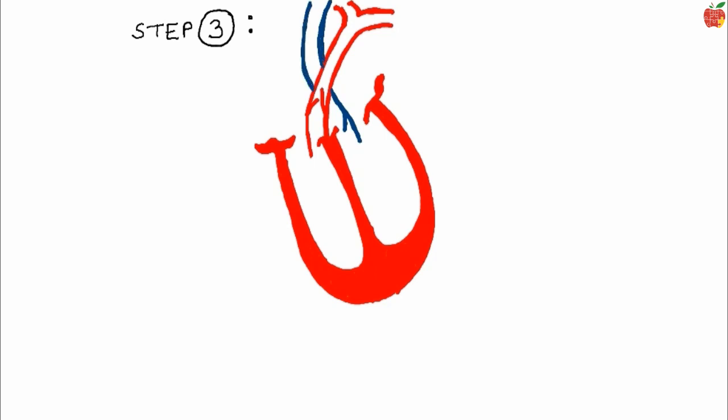Time to fill the middle spaces that we left. Step 4. Now on the right, draw a curve like how it's being done in the video. And these two curves on the opposite sides. Yeah, you're doing it right. Step 5. Similarly, make curves on the opposite sides of the left heart.